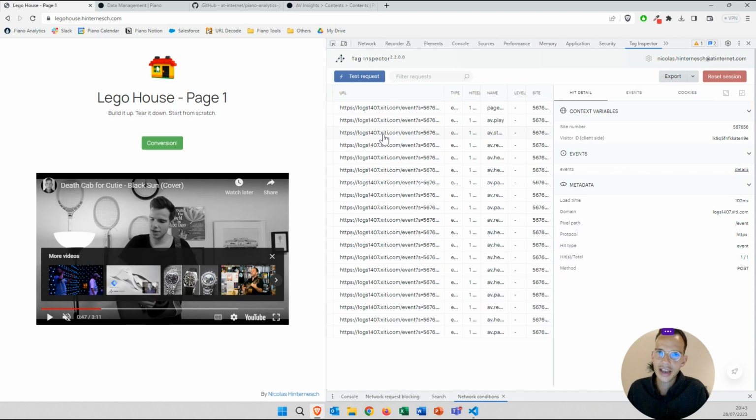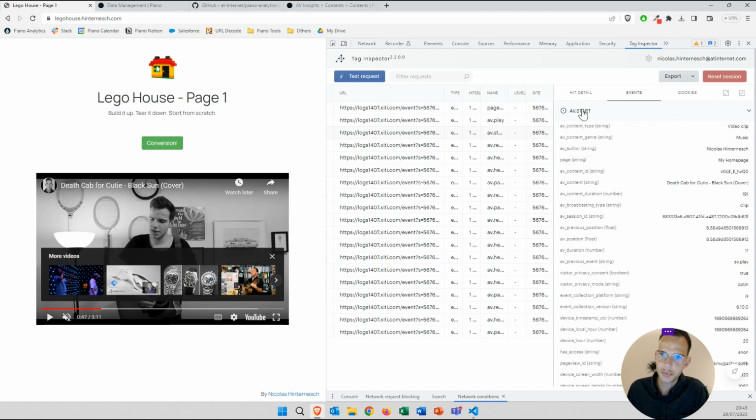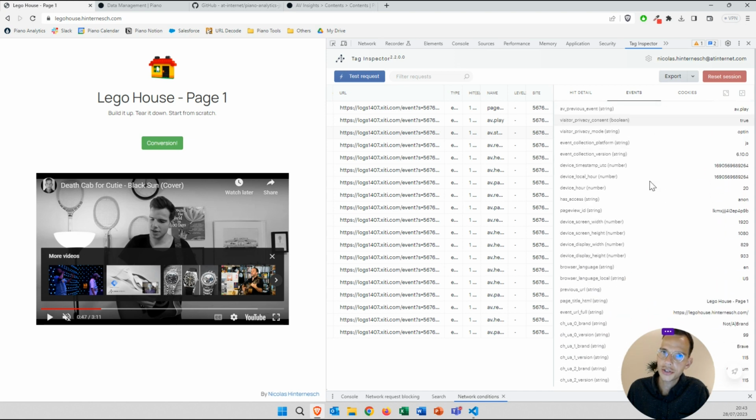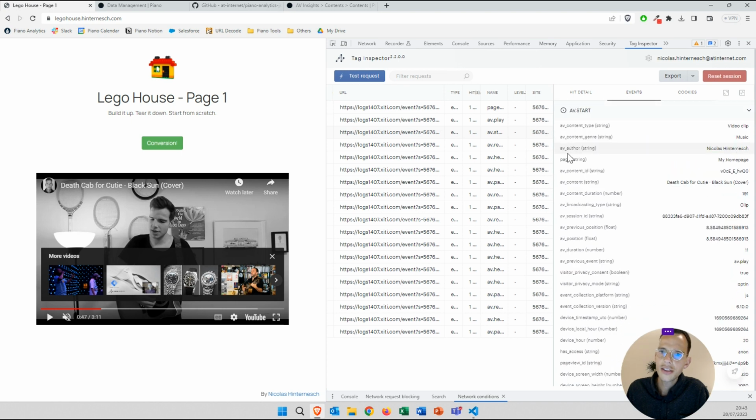Of course, on every event, the tag inspector shows details about the whole measurement request, as well as all the properties collected for this particular event. And you see how much is already being collected by default. And you'll also see the extra ones that I have added in the tag earlier, plus the ones from the